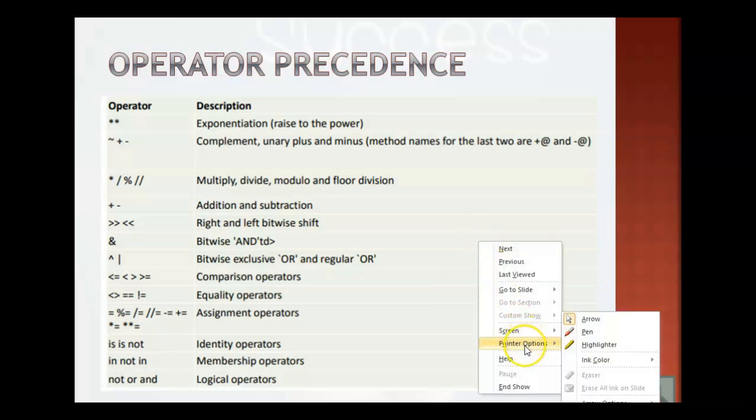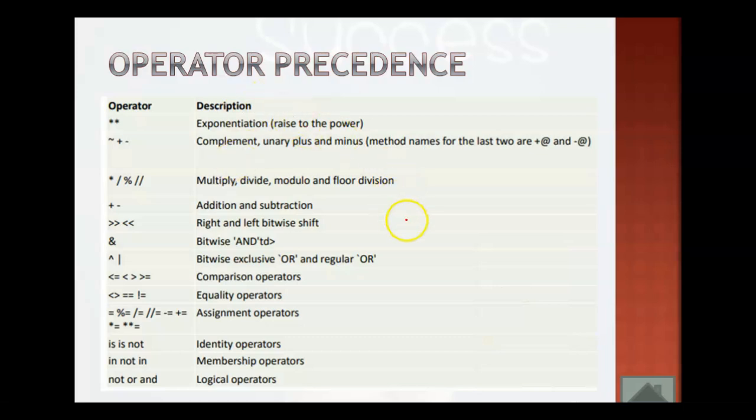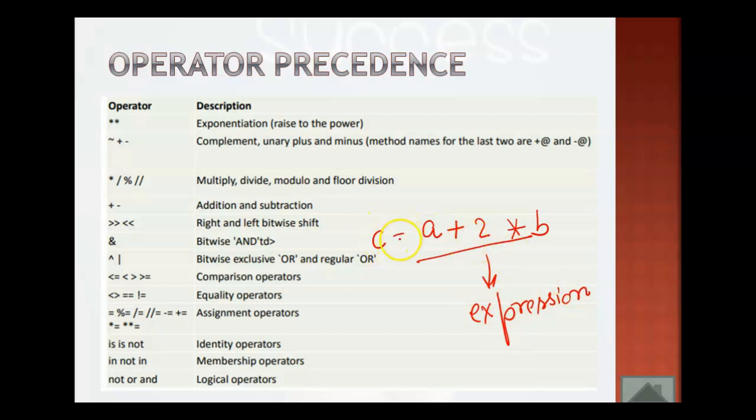So precedence is what? You know very well what an expression is. So what is an expression? An expression is a combination of variables like A, B, C, and some constants like 2, 3, 4. And you can see some operators I am writing here. So this is called an expression. And if you are storing the result of an expression into a variable, like suppose C is equal to this, then this whole thing will be converted into a statement. Okay, this is the basic thing.